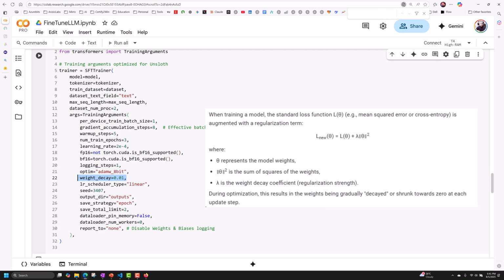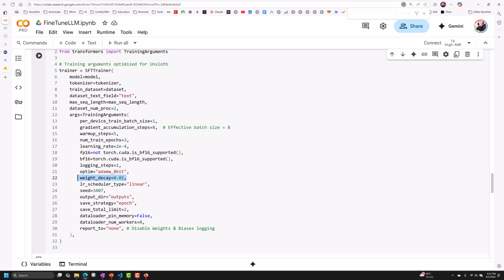An optimal value for weight decay is typically found through experimentation and can depend on the model, dataset, and other hyperparameters. So again, you just do the fine tuning, and then you see if the fine-tuned model is overfitting too much to your training data,